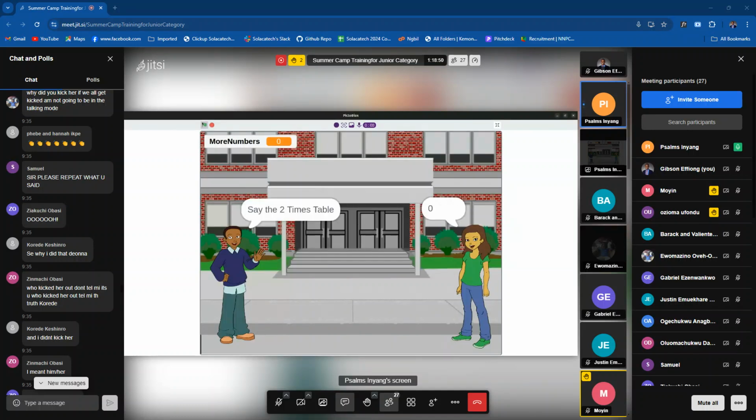All right, so we start by saying 2, 4, 6, 8, 10, 12, 14, 16, 18, 20, 22, and then it stops. Okay, so basically Abby has been able to give us the multiplication table by saying 2, 4, 6, 8, 10,